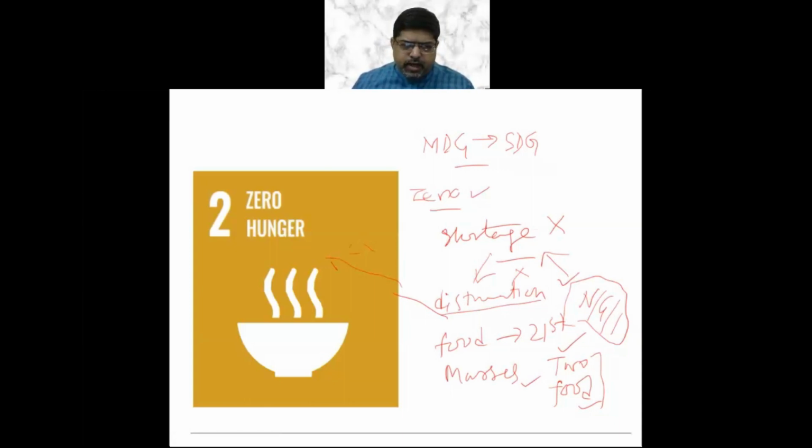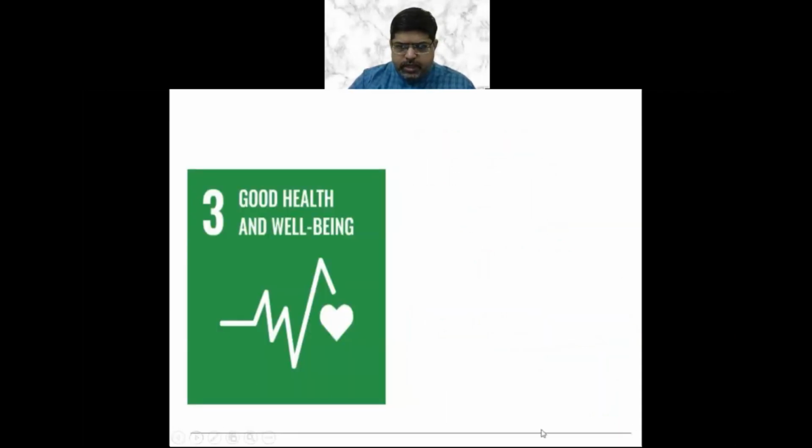Let us move further to understand the third goal of the SDGs. The biggest achievement of the United Nations would be attaining good global health. And once we are talking about good health and well-being, there are 2 things to be talked about. One is physical health and another one is mental health. Once we are talking about physical health, of course, following the last goal, if we are talking about good health, definitely we are going to talk about the availability of food or the availability of nutrition.